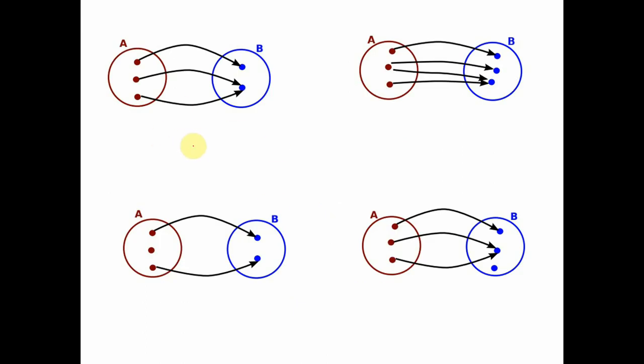Let us see certain more examples. Right? These are 4 mappings that I've shown with the help of arrow diagrams. Now I leave it up to you to identify which of them are functions and which of them are not. Let's call them, this is F1, this is F2, this is F3 and this is F4, and you have to identify which of them are functions and which of them are not. Okay.